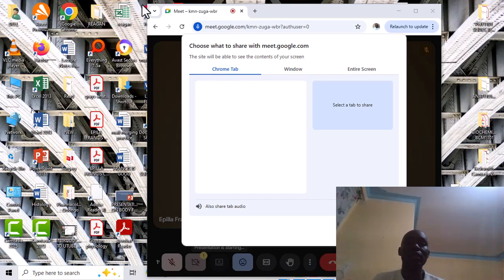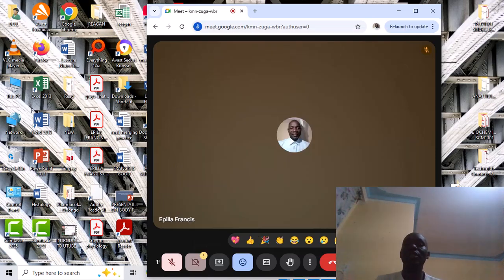For instance, we have here, you choose what to share in the Google Meet. This side, as it is written here, will be able to see the content of your screen. So everything that is on your screen when you are sharing appears here, so that you are able to see. In this case, we're not interested.